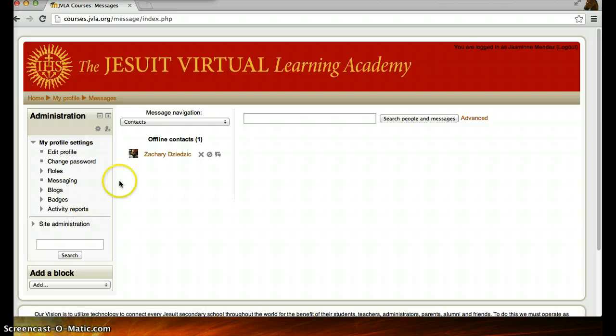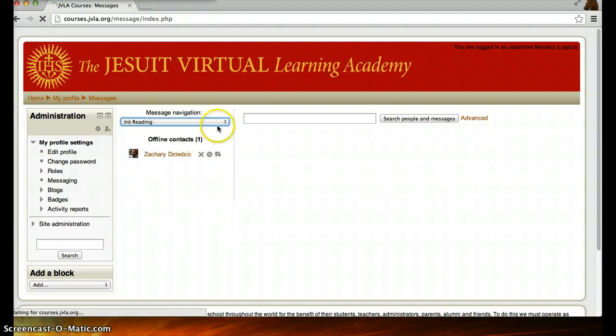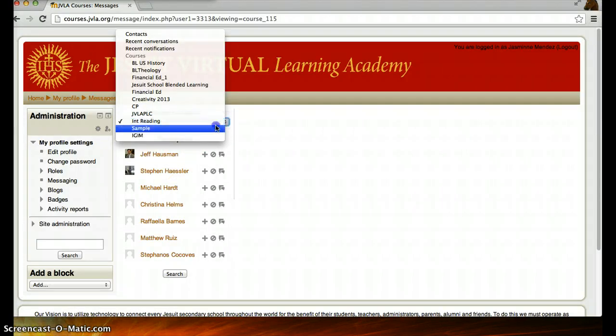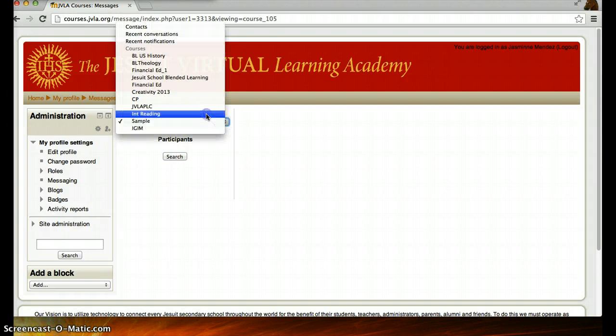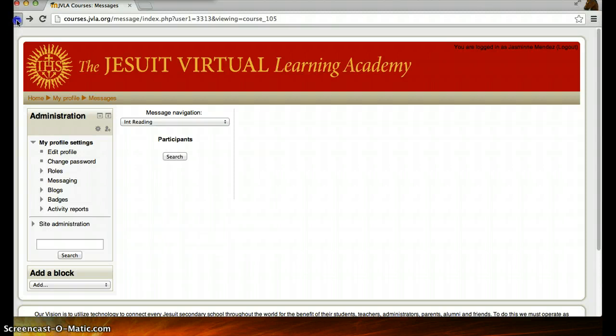This will take you to a slightly different page where your contacts list comes up, message navigation, and you can select which courses you want to have your participants show up in. So sample, and those participants from those different courses would show up. So that's one way. If I go back to my course,